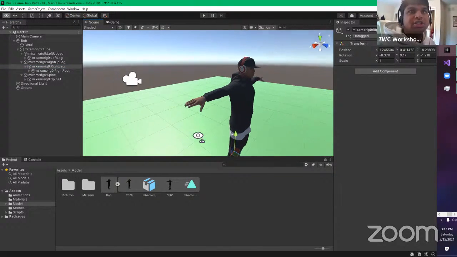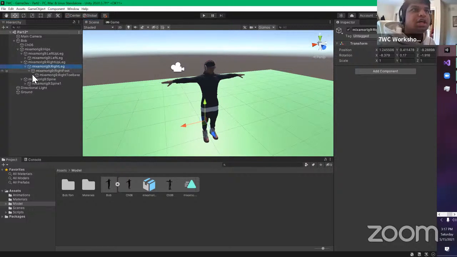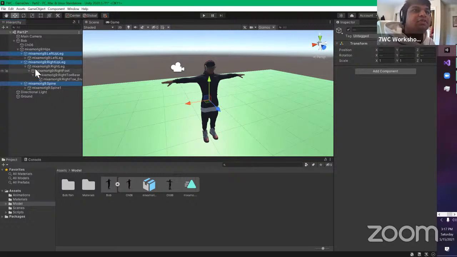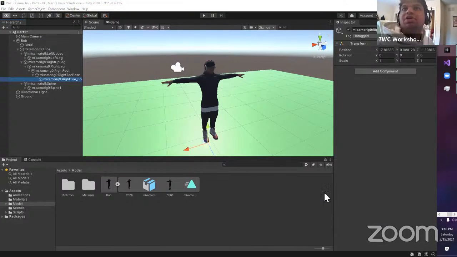But what you want to notice here is that every humanoid, if you look at it, has this type of hierarchy. It has the hips as the root, and then from there it has left leg, right leg, and spine, right? These 3 things coming out of it. And it's like a tree if you think about it. Starting in the hips, they have different parts that are connected to it. And basically at different locations, you can see them move, right? So what we're going to specifically be doing here